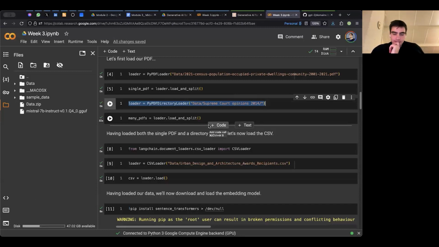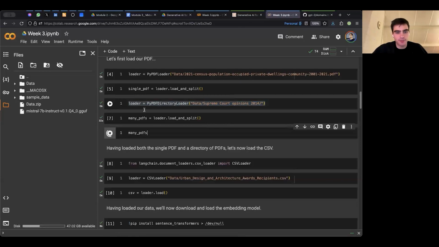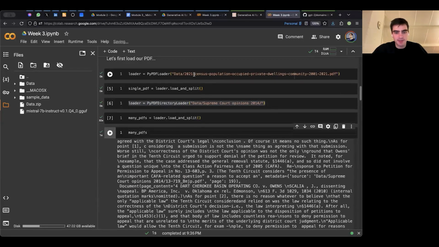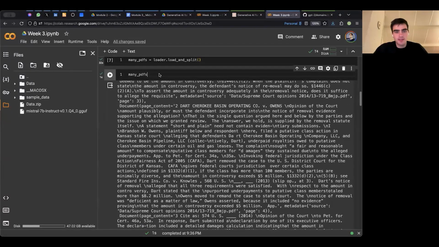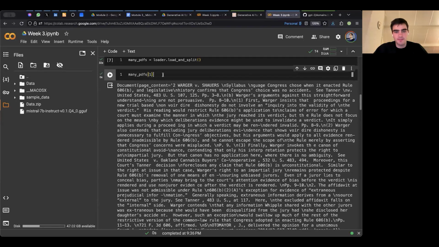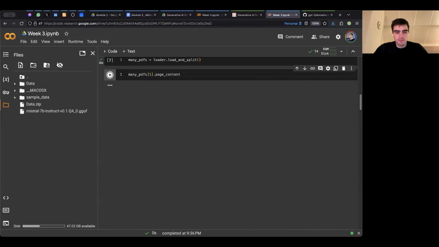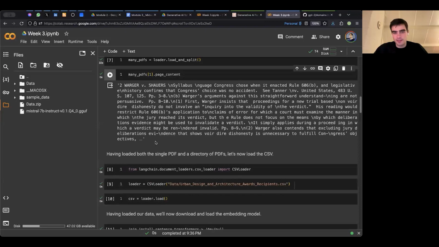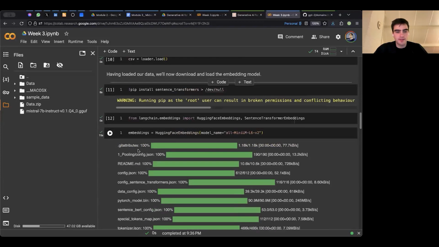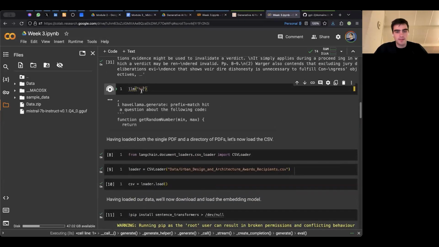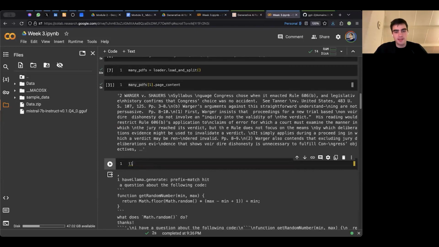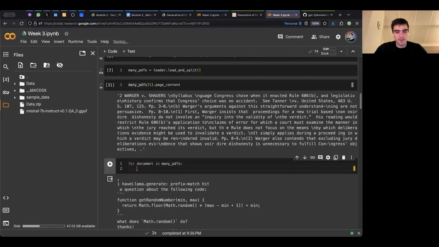What you can do, once you have this, is going to involve some programming live, but basically this many PDFs object is actually a series of documents. And what you can do, if you know how to use Python, is, let's see if the model is still loaded. Yep, it's still loaded. So what you can do is, for document in many PDFs, so for every single document that's inside many PDFs,